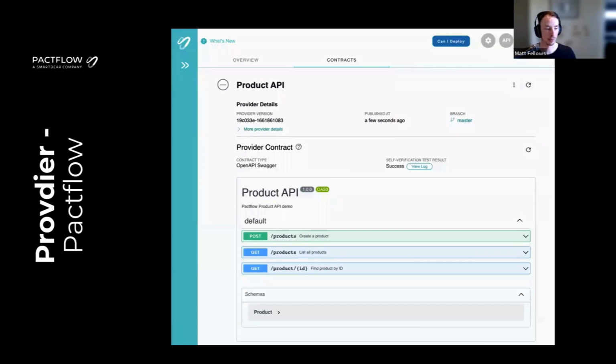So, at the end of this step, we've now designed our API, we've built our API, and we've deployed it to production. As far as Pactflow is concerned, Pactflow can now see this contract, the provider contract. It doesn't know any consumers yet because no consumers have come along. And we can get a bit of a sense of it. Here's the provider. This is the version that's in production. And this is what the provider is capable of doing. We've got this little Swagger UI render here.